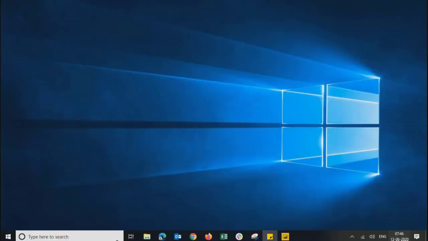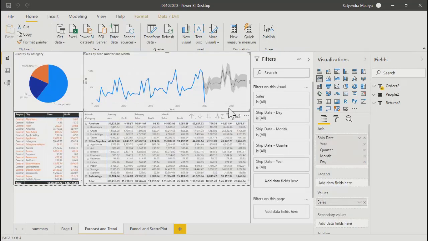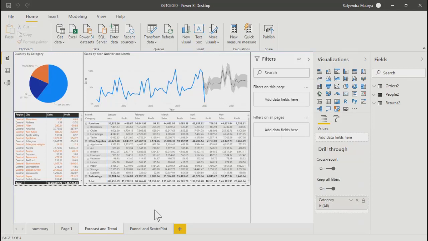So I was just talking about the types of filters over here. As of now, if I'm on this particular page, we don't see any filter over here, right? But as soon as you select a particular visual, then you see some of the filters. That means there are three types of filters you can apply over here. One filter applies to one particular visual, then another filter is applicable within this page.